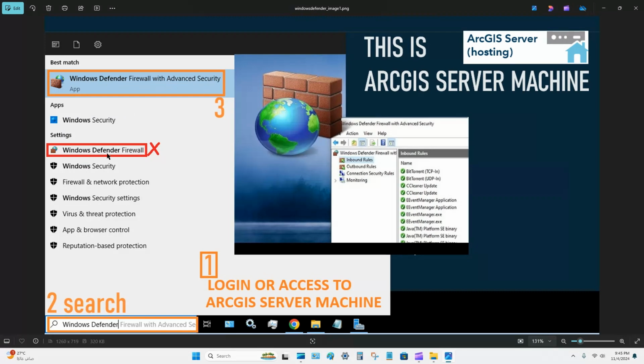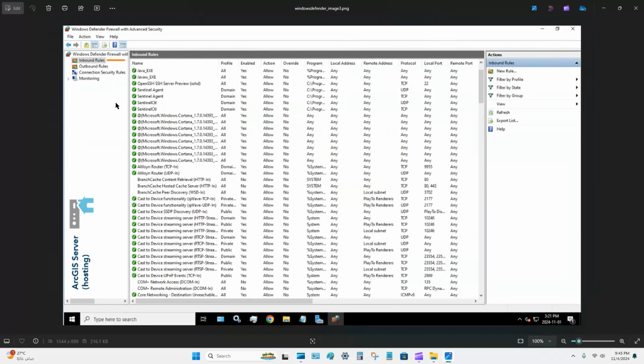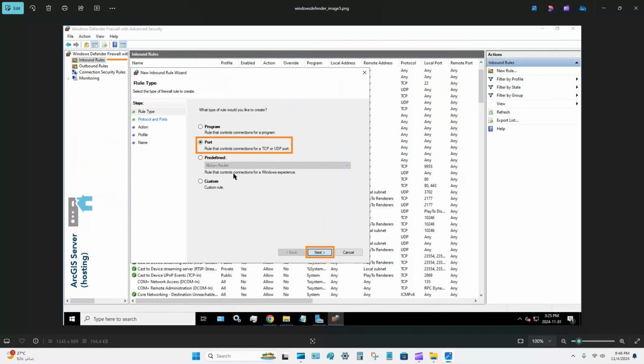You should not select this option. And then you have to click on Inbound Rules. Then you have to right click on Inbound Rules, New Rule, or you can click on this right side, New Rule, and then you have to select port, click Next,